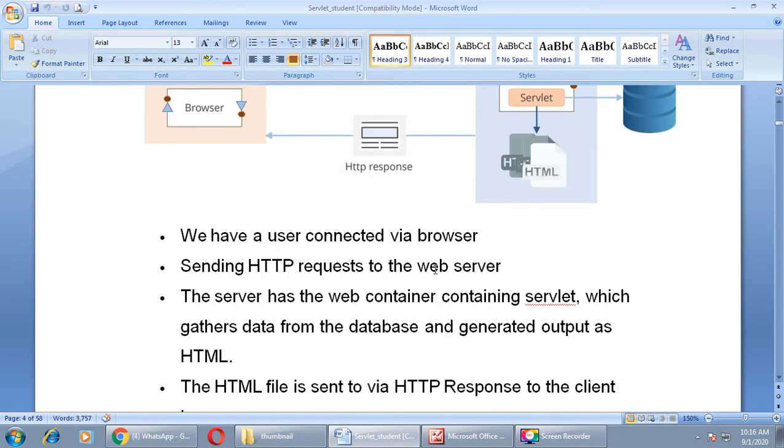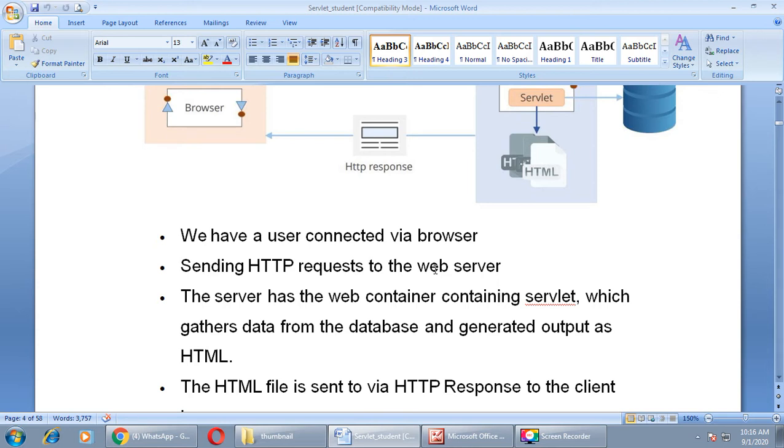Here we have a user connected via a browser to the servlet, sending an HTTP request to the web server. The server has the web container containing the servlet, which gathers the data from the database and generates the output in the form of HTML.